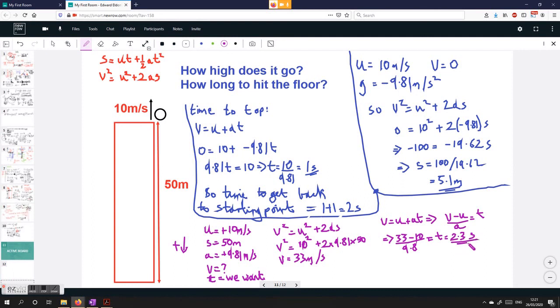Okay, so now we need to get the total time of flight. Almost there now. So the total up to where it stopped and back to where it started, which we found out was 2 seconds, plus the time it takes to go from the top of the building to the floor from that calculation. Okay, and the total time, add those together,